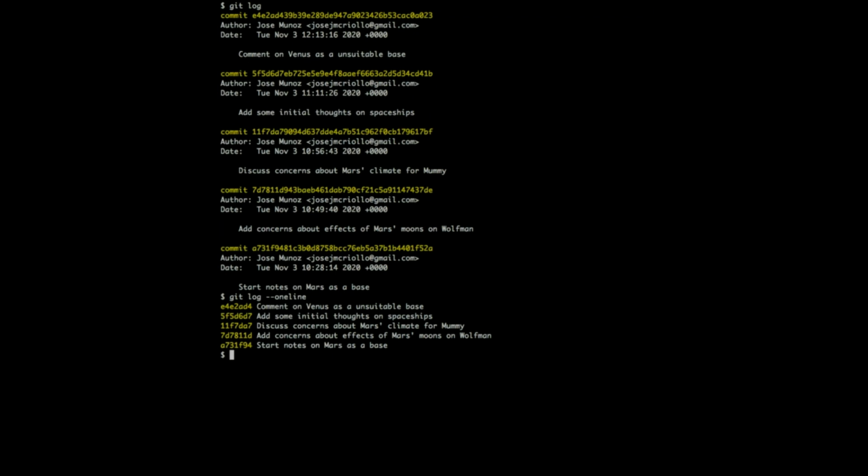But say that you only want to filter the history through the changes that pertain to a particular file. You know, in one commit, Mars wasn't changed. You don't want to see that in the history. You only want to see commits that included mars.txt. So you could do this,